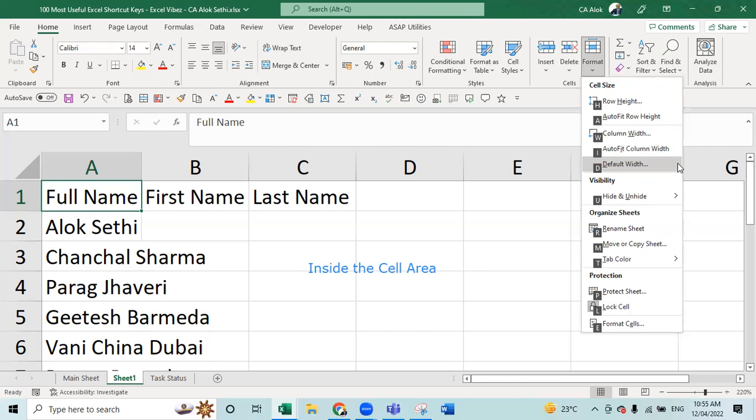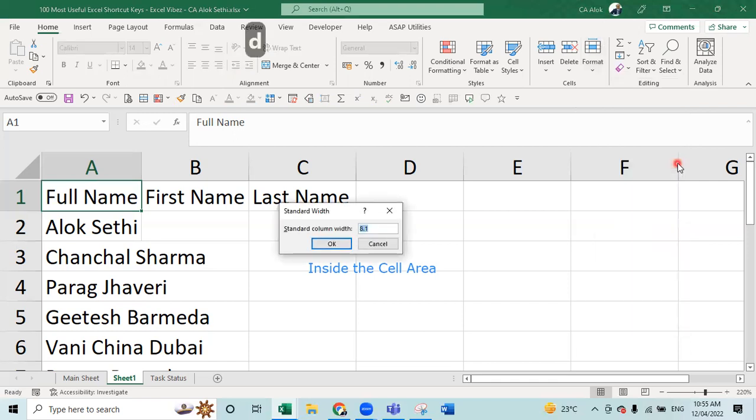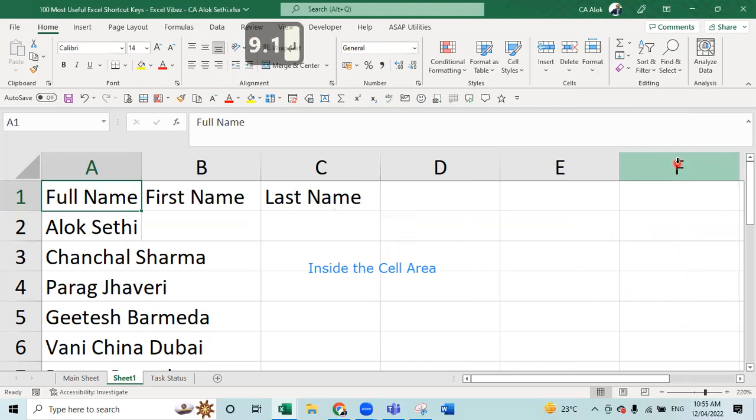So let us start with D. तो मैंने D दबाया, तो ये आ गया standard width. That means at present the width is 8.1. Now I want to increase it, so I can write 9.1 and say okay. So did anything happen? पहली कॉलम की 9.1 हो गई। बढ़िया हो गया 9.1 या नहीं हुआ? मुझे तो नहीं लगा कुछ हुआ।